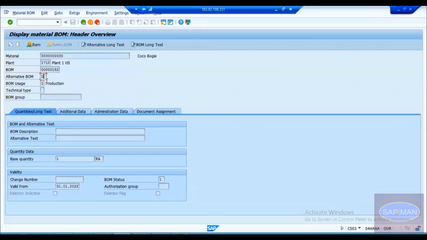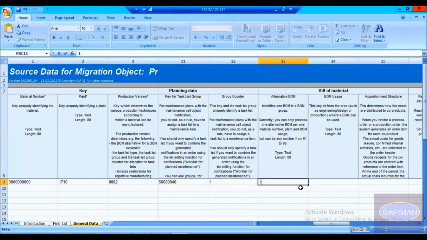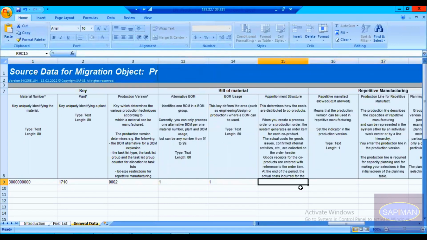So in this case it is 1 and 1. I'm going to put it as 1 here, 1 here, BOM usage. And then if repetitive manufacturing is allowed, you can activate this checkbox. Simply put an X here. If REM is allowed, production line for repetitive manufacturing, in case you want to add the work center, you can